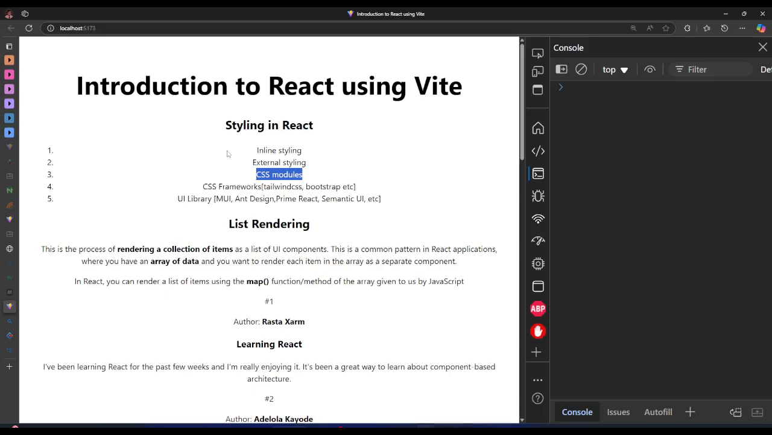But for now, I'll be explaining what inline is and how you can deal with it, because it's different from the way you do it with normal HTML. We're going to be talking about the external one, which is normal CSS that you created in another file, and you are now linking it to your component. So to deal with the inline CSS,